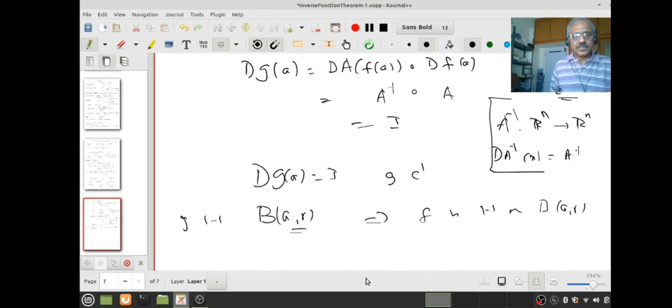So what is our assumption on f? f is C1 and the derivative at a is non-singular, or the Jacobian matrix is invertible. Under that assumption we proved this. Review this, go back and go through this. In the next lecture we shall look at